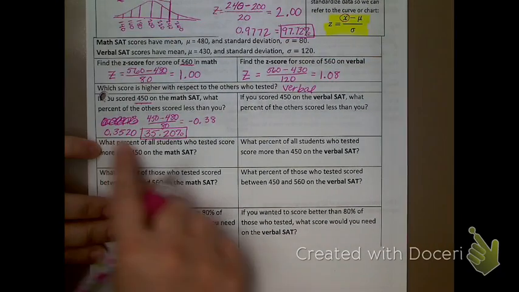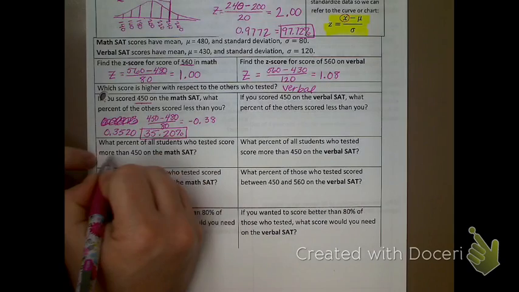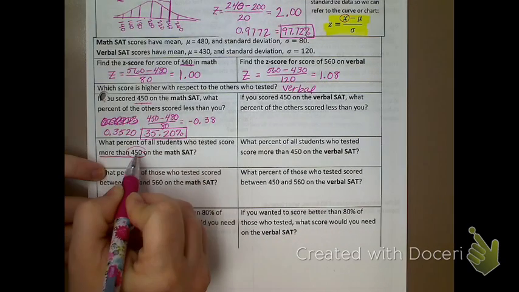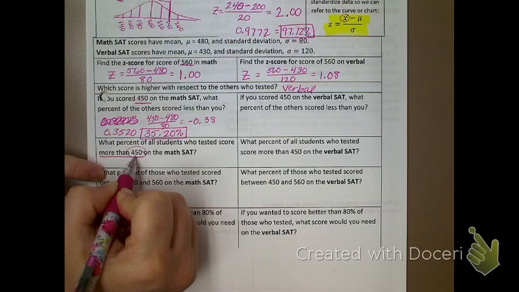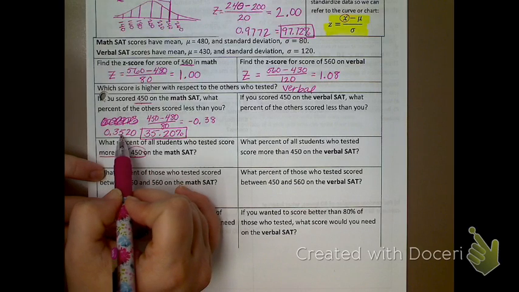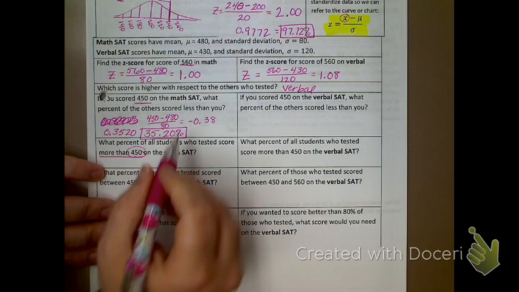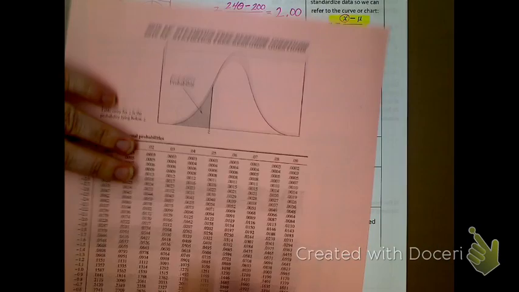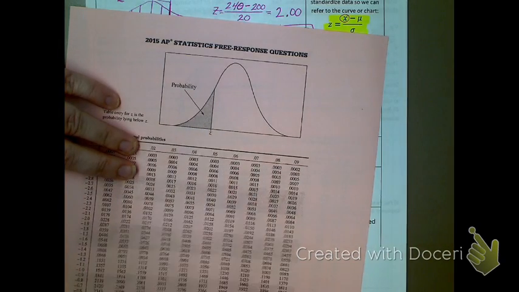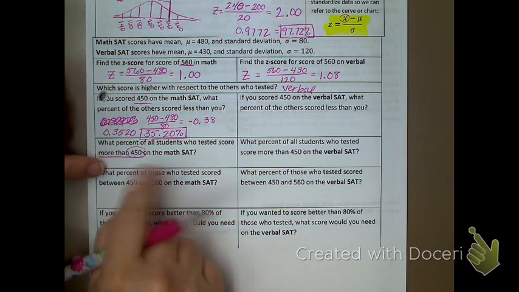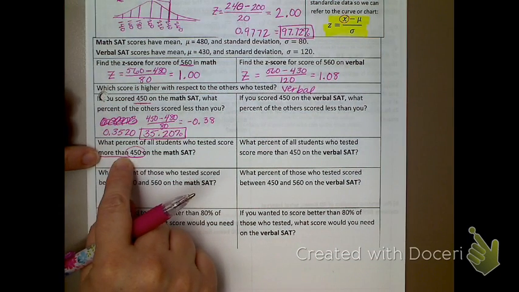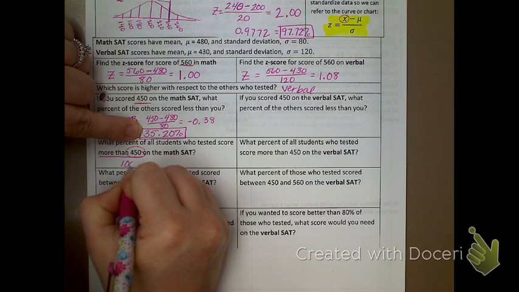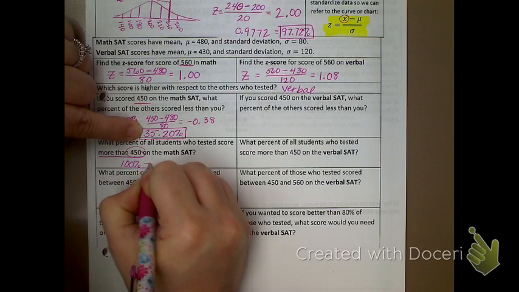What percent of all students who tested scored more than 450? Well, this is the same number, so it's the same Z-score, which means I would get the same value off the table. However, if this is the percent off the table that scored less than me, how do I find how many people scored more than me? Well, if that's what scored less than me, I take 100% and I subtract that